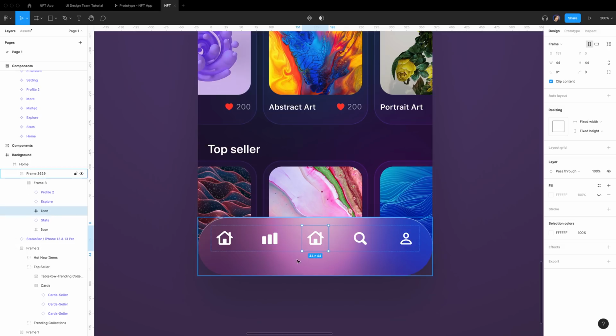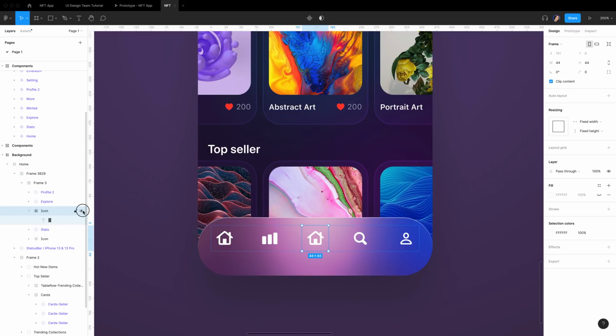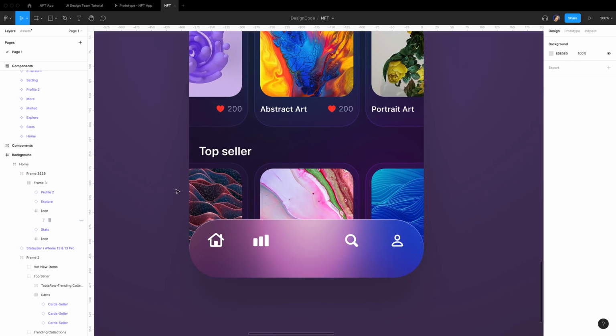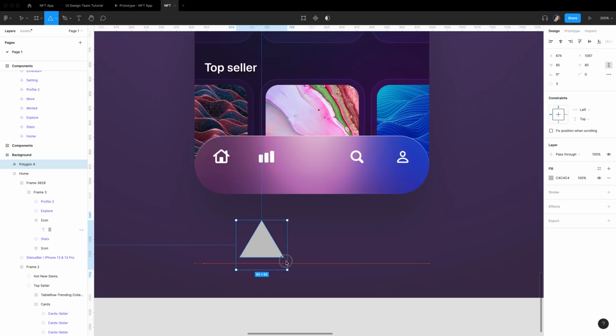All right, for my center button, if I hide, the space will change, but I don't want that. What I can do is hide this icon like this, and the rest of my icon will stay in place. So let's create a polygon. Just go to the top menu, click on this square, and click on polygon. Press on shift to get a perfect polygon. For me, I want 6 sides. Size gonna be